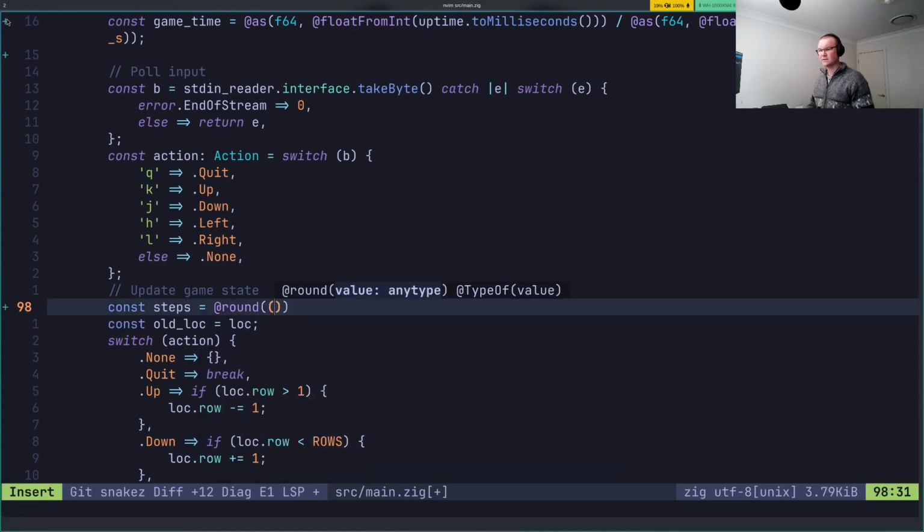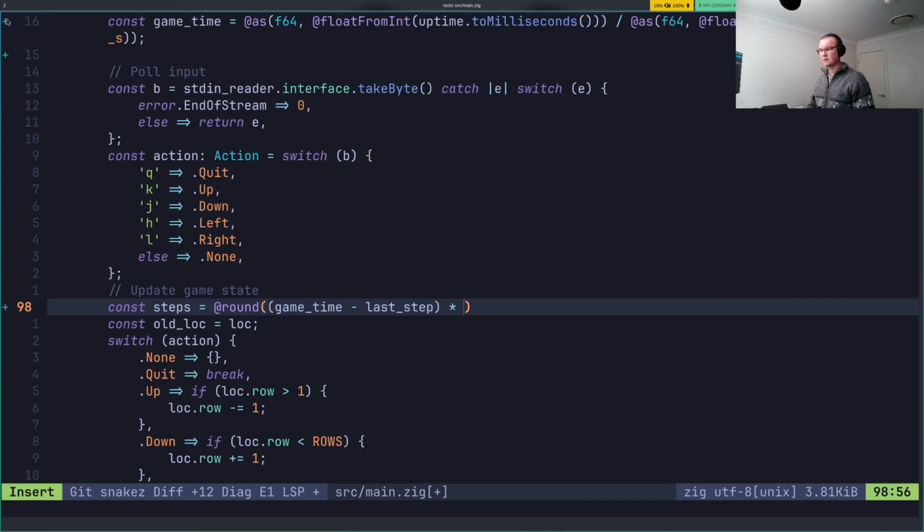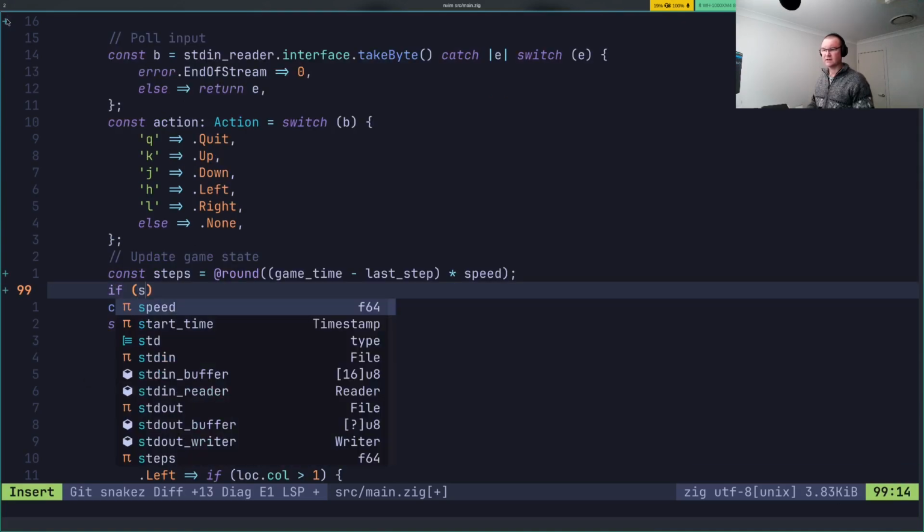So if we take the game time minus the time of the last step and multiply that by the speed, then we'll find the number of steps. So in this case, say speed equals 3. Let's say there's a difference of 300 milliseconds between these two timestamps. So that's going to give us a value of 0.3. So 0.3 times 3 rounds up to 1. Okay, so then if the steps